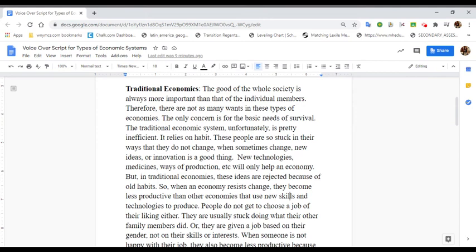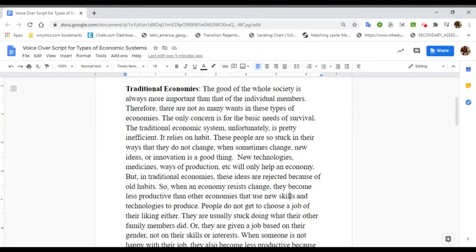It relies on habit. These people are so stuck in their ways that they do not change, when sometimes change, new ideas, or innovation is a good thing. New technologies, medicines, and ways of production, etc., will only help an economy. But in traditional economies, these ideas are rejected because of old habits. So when an economy resists change, they become less productive than the other economies that use new skills and technologies